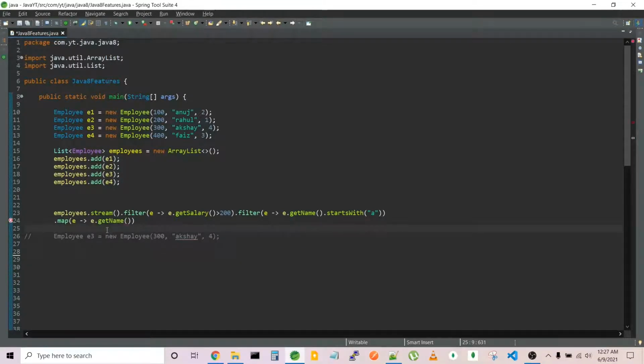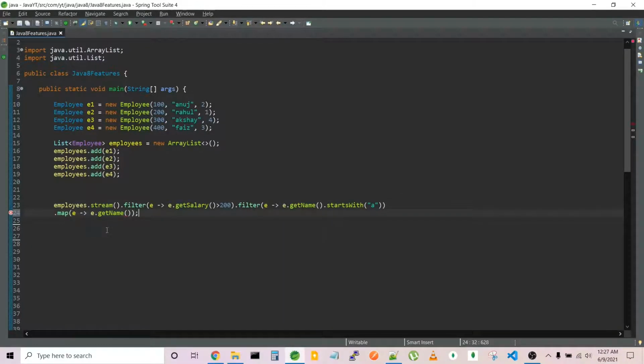So at this point your stream has been reduced from an employee object to basically a string. So the stream now contains only one element, and that is Akshay. And just for proof we can print that with forEach. So this is just one, you can just use